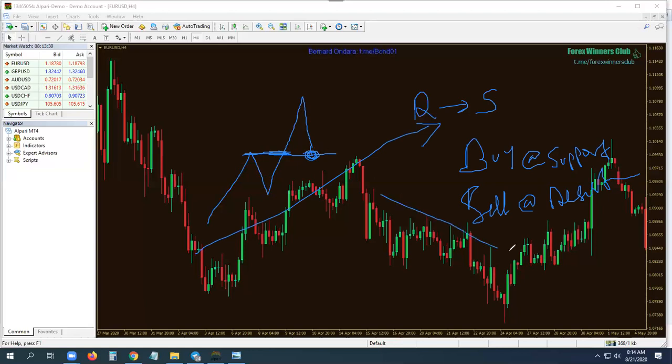If you are moving down like this, in a downtrend, the market fell, came back, fell, came back, fell, came back. What was initially support becomes resistance. So here, you will be selling at these points. You are selling at now resistance. In a downtrend, you are selling at resistance.